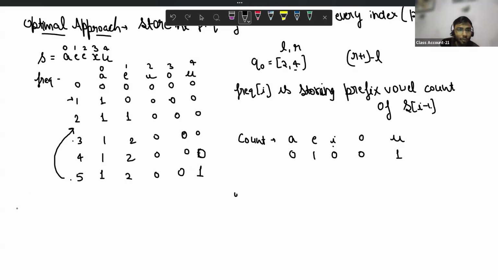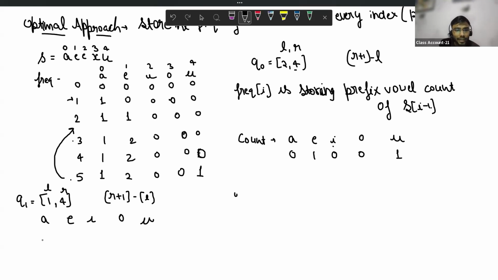Let's take my query from 1 to 4, that is 1 comma 4, and my count of A, E, I, O, U. See what I will do: for L and R, I will take R plus 1 minus L. From index number 5, decrease index number 1.